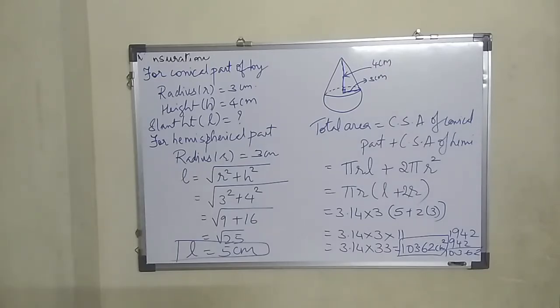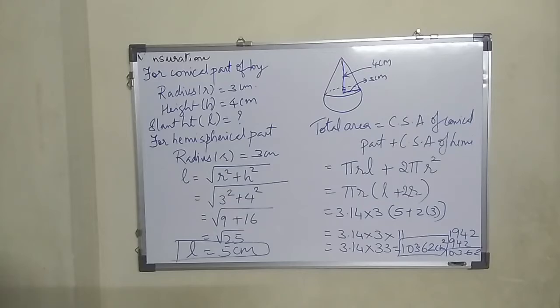Find the surface area and the volume of a beach ball wherein the dimension is shown in the figure. What is the dimension shown? The whole diameter is 42. If the diameter is 42, what is the radius? Yes, 21. So you can take that radius and find the surface area. What is the formula for surface area for a sphere? 4 pi r square. And since the radius is 21, it will always be comfortable to take pi as 22 upon 7. What is the volume formula again? 4 upon 3 pi r cube. Followed, girls? So 11th sum I am sure that you can do on your own.